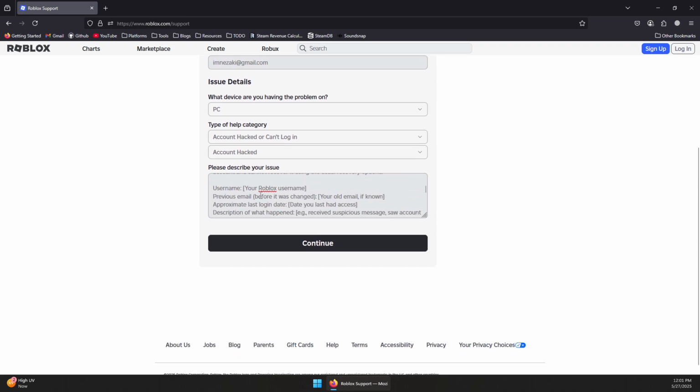So you want to tell them my Roblox account has been hacked and both of the email and phone number linked to it have changed, and you no longer have access to the account and cannot recover using the usual recovering options. Then you want to mention your username again, and then your previous email before the change, the email